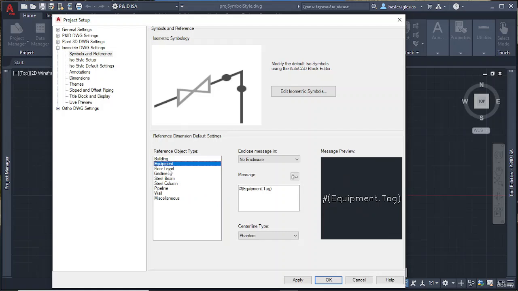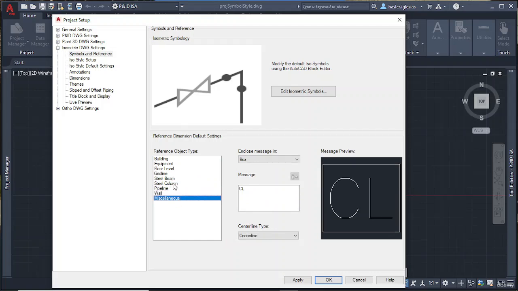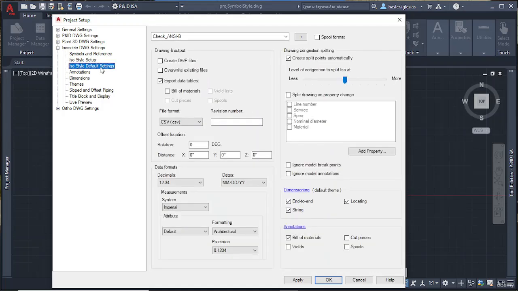For a building, for equipment, for floor level, for grid line, for a steel beam, for a steel column, for a pipeline, for a wall, for miscellaneous, okay? Then I have the ISO style setup, and I can change everything here: the file naming, the spools, the drawing format, then the ISO style default settings as well, the file format, the revision number, how I want the data